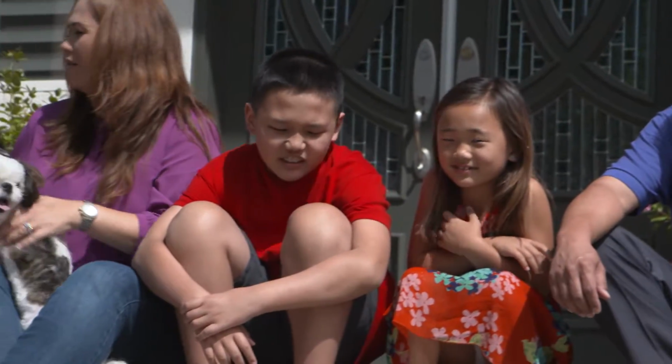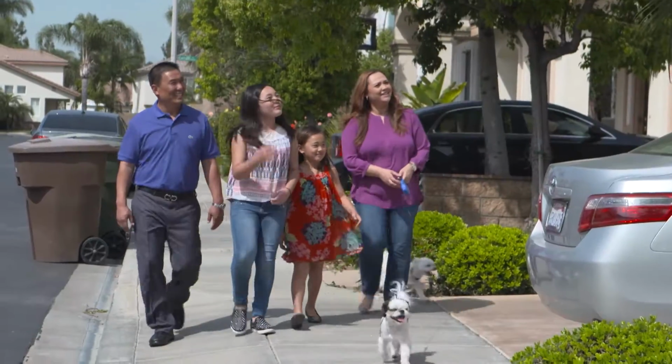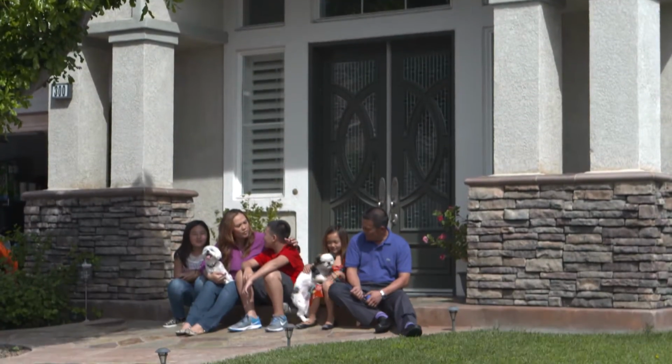Jessica and Jason were living in a 3-bedroom home with their 4 kids and a dog. After renting for 4 years, they knew it was time to move again. But this time, they wanted a home of their own. We wanted a more solid foundation. We are a growing family. We have a 4th child that was coming, and we wanted something more permanent, so we decided to buy our